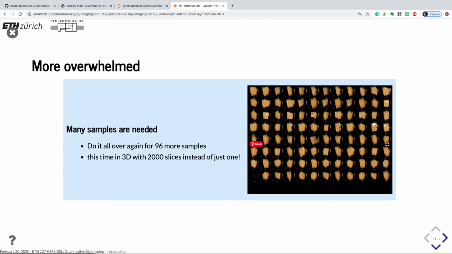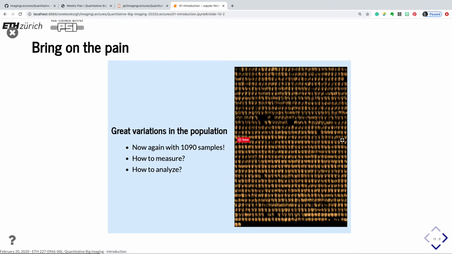Now, you do this not only for one single slice, but for a volume, and all of a sudden you have 96 samples. It's getting a bit tough to do it. So then we really need the computers and some kind of automatic routines to do this analysis. And to make it really painful, experimentally, producing over 1,000 samples takes a while in the lab, and you may even need to introduce some lab infrastructure. In this case, I think it was even done with a robotic arm that put the samples in and out